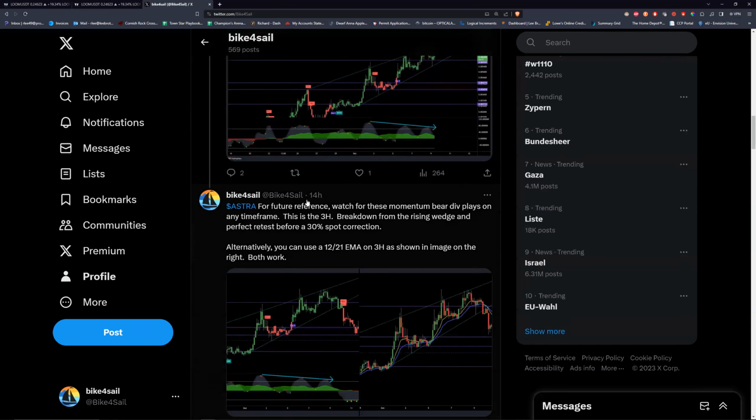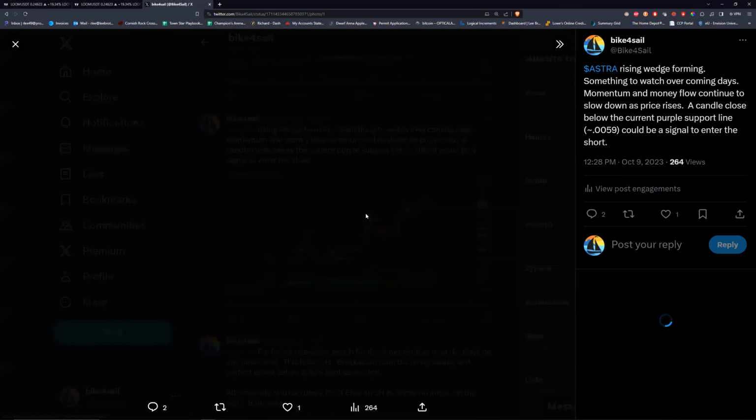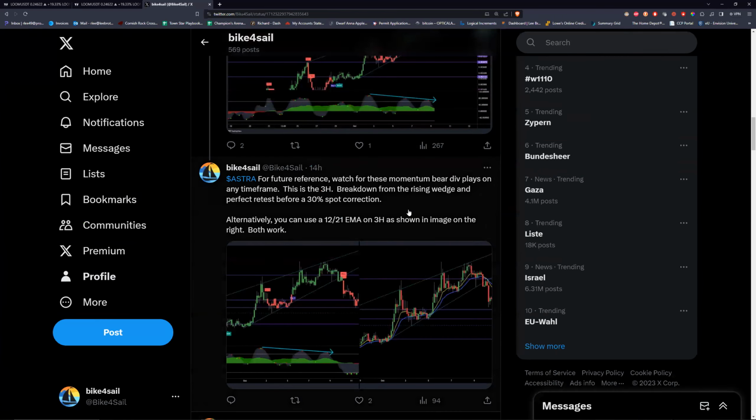Astra was a real good example. Prior to it happening, I was showing how this rising wedge was forming, and it was something to watch over the next couple of days for a short. And so a candle closed below this purple line right here, that was a signal to go short. And you could see momentum was coming down, money flow was coming down while price was going up. And then this was the result